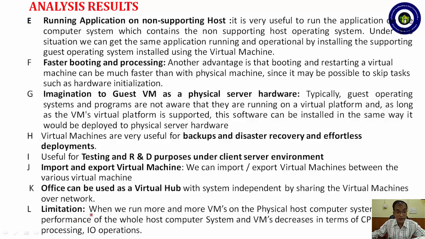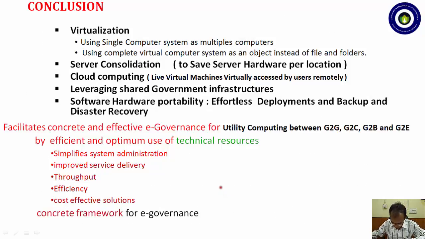The major limitation with virtual machines is that when we run more and more virtual machines on the physical host computer system, the performance of the whole host computer system and virtual machines decreases in terms of CPU processing and input output operations. The conclusion is that technologies like virtualization, which involves using a single computer system as multiple computers and using a complete virtual computer system as an object instead of files and folders, and server consolidation by running client and server on a single physical computer system to share server hardware per location,